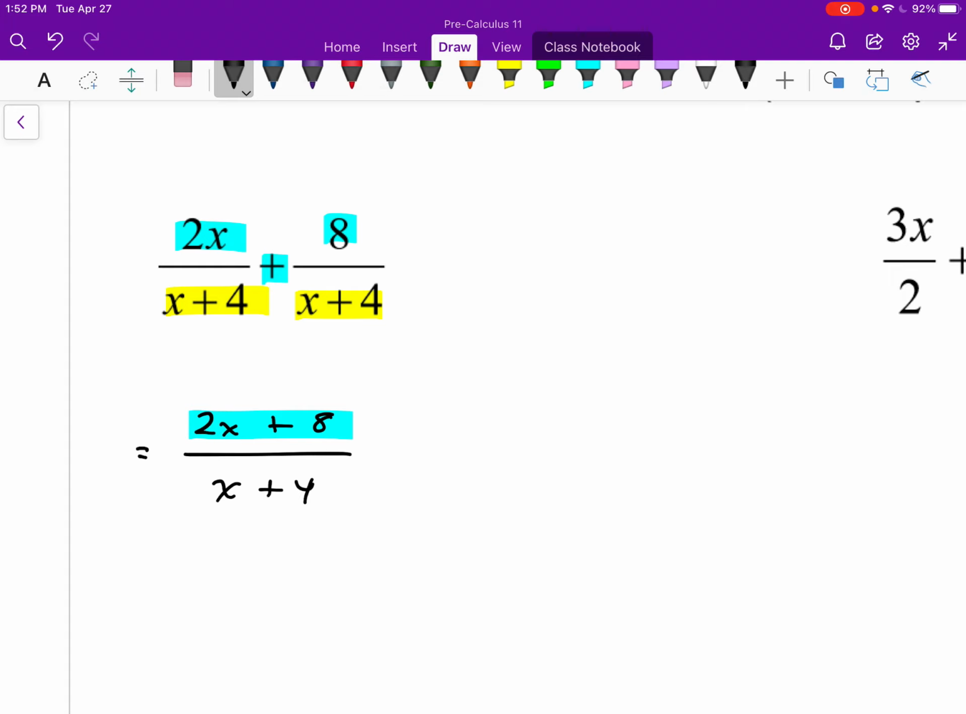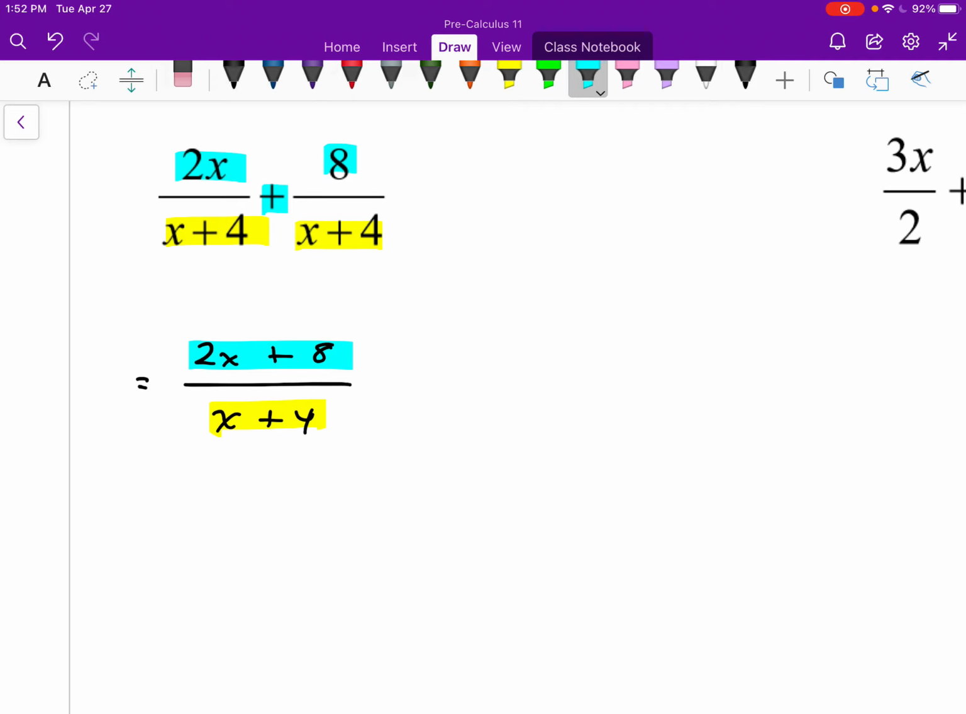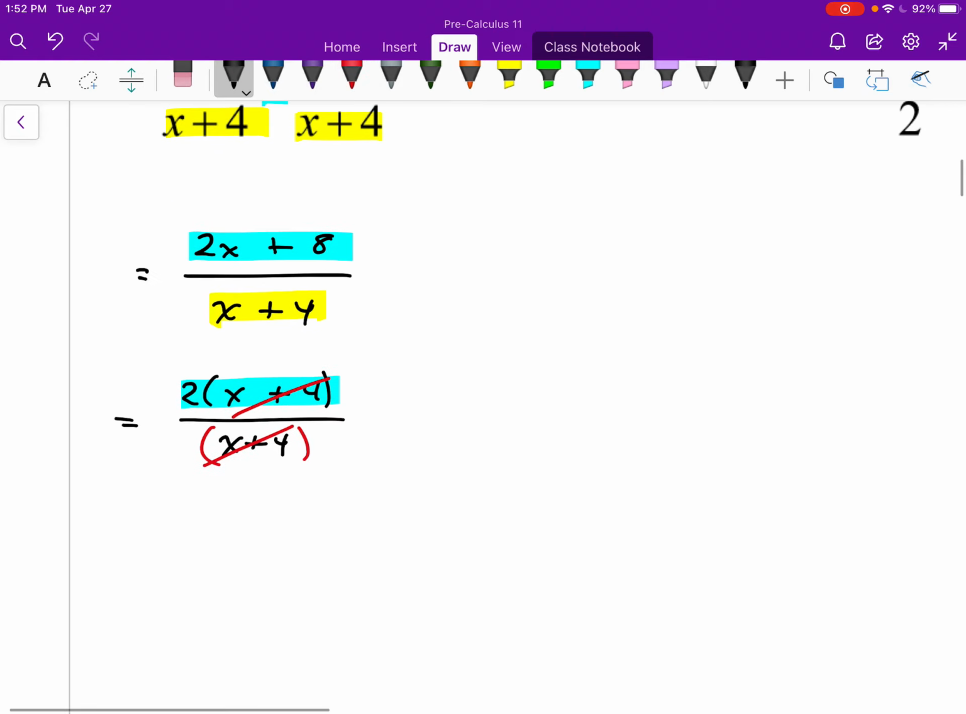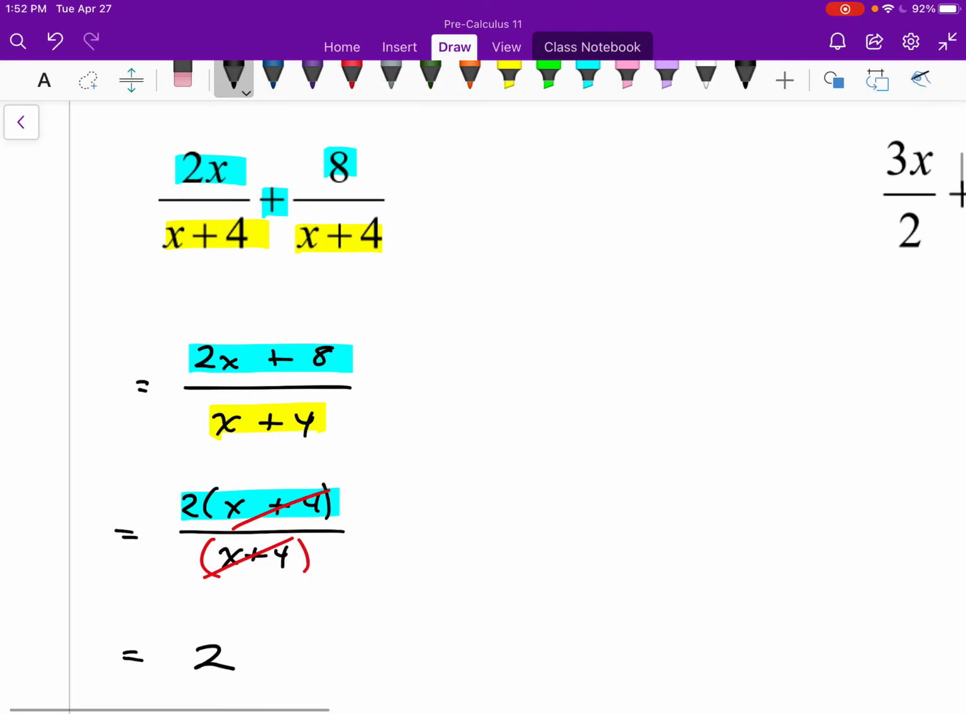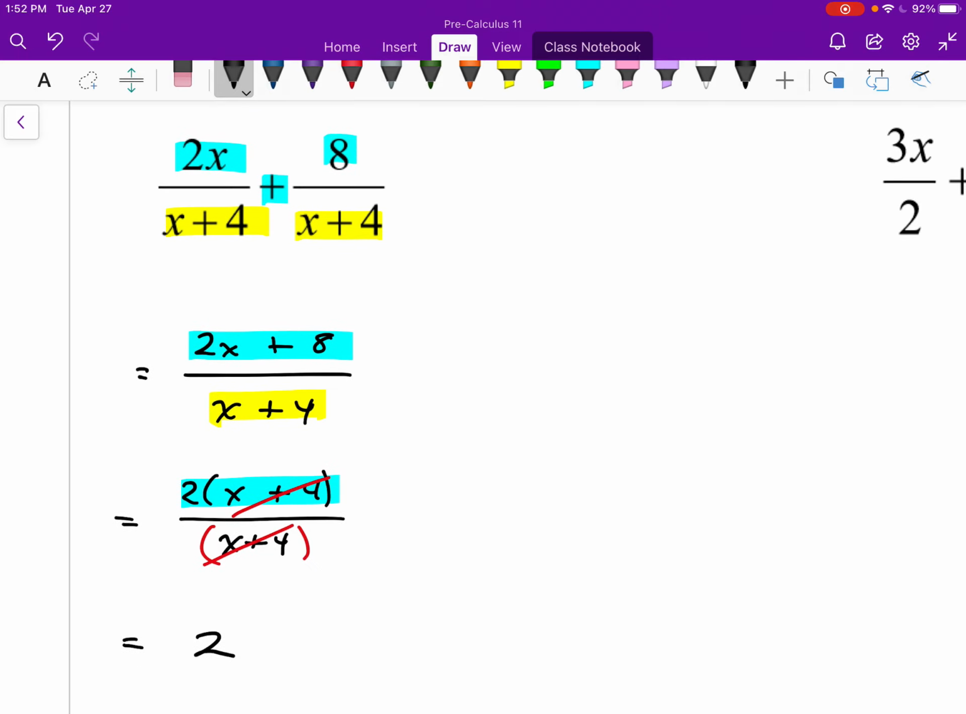That's it. As usual, we should check and see if we can simplify this, put this in lowest terms. In this case, in the numerator, I can take a factor of 2 out. And then I can simplify this. I have a factor of x plus 4 that I can cleanly cancel out of both the numerator and the denominator, which leaves me with just 2 for my answer. So that whole original expression, 2x over x plus 4 plus 8 over x plus 4, is the same as